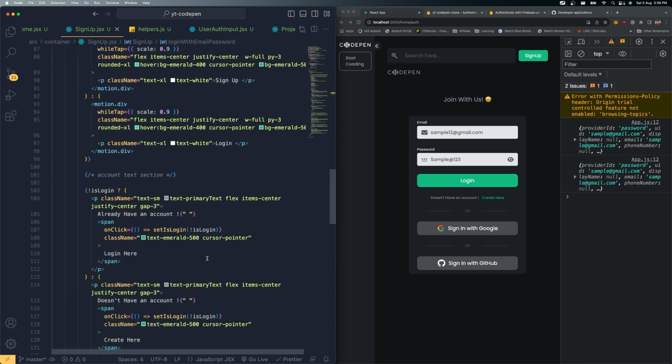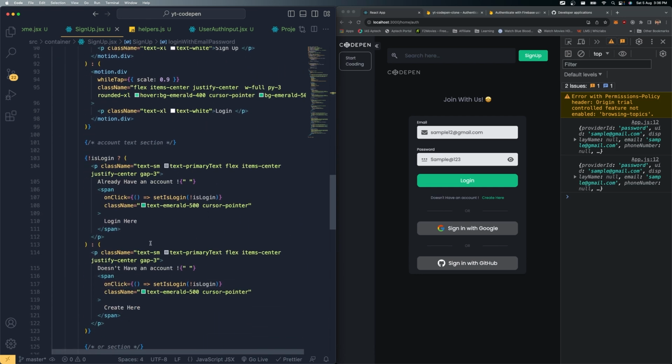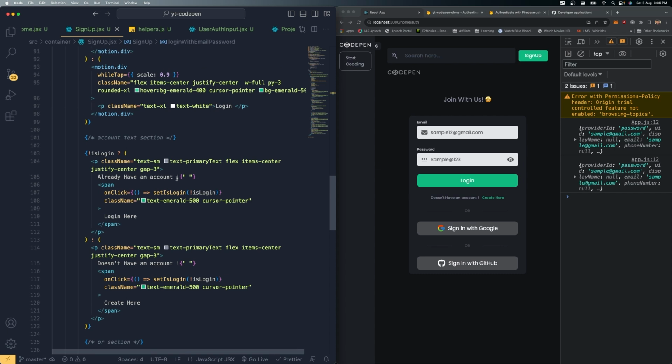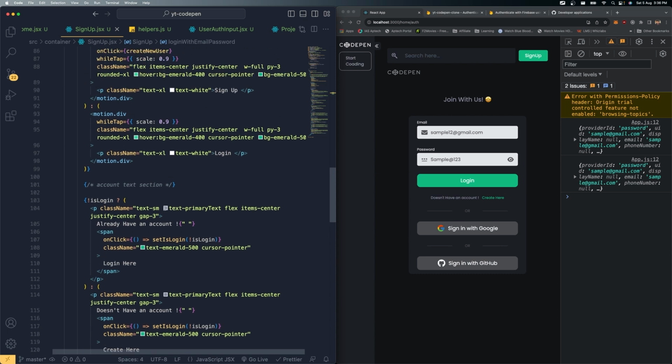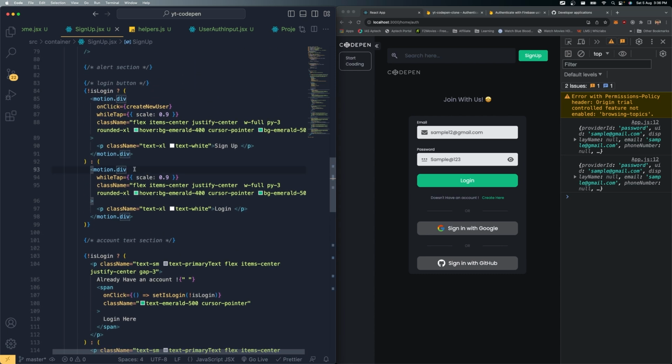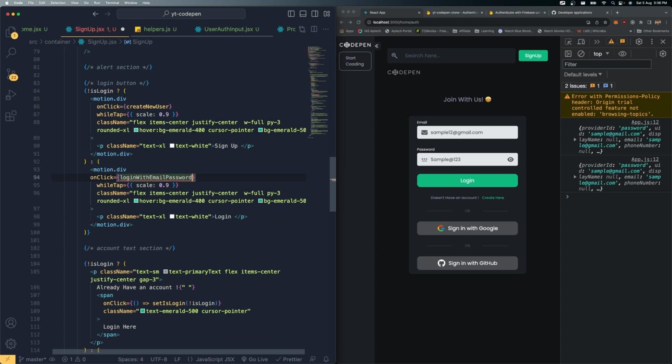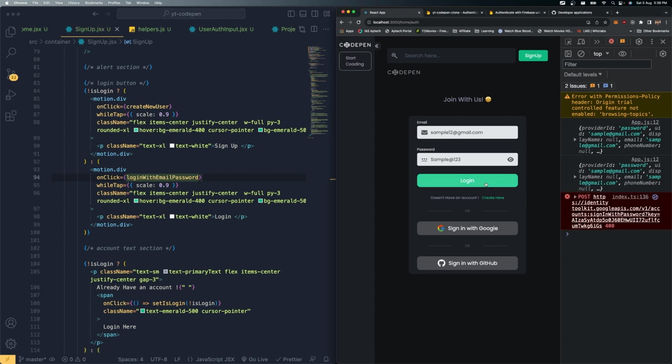So go to your login option, and where is it, this button, here it is, onClick, paste that, save it. And now if I click this login option, I will get an error like Firebase error, user not found, because